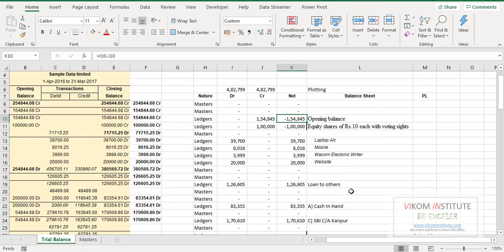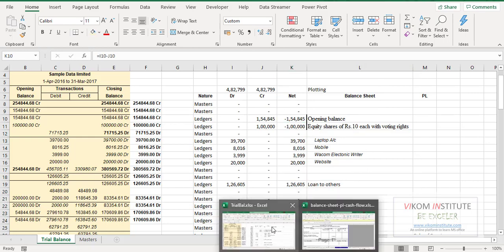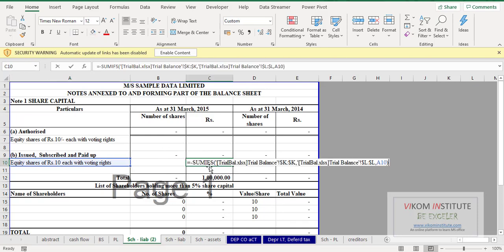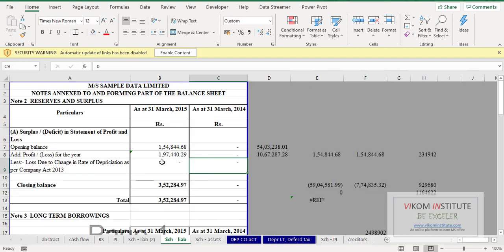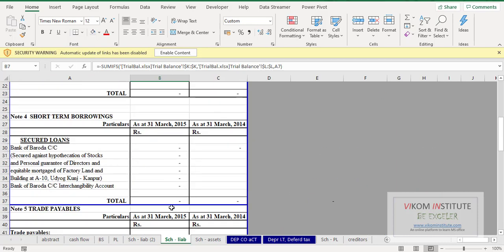So we need to put a minus symbol on the SUMIFs, as you can see here. If I drag and drop to every sheet, as you can see, SUMIF, I have put SUMIF in every cell based on this criteria.